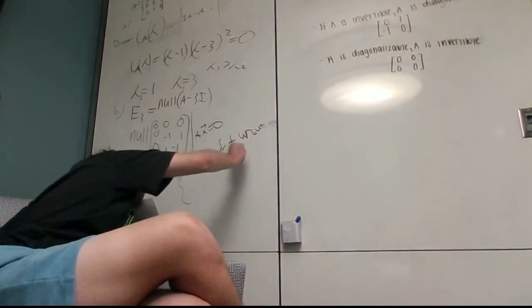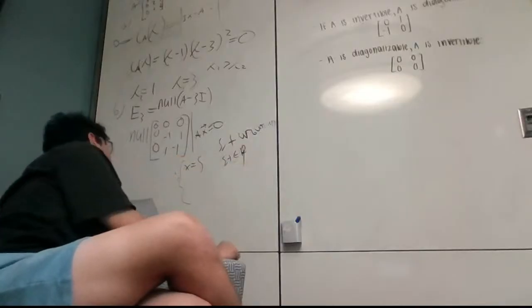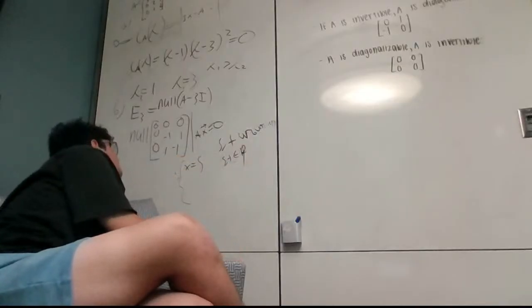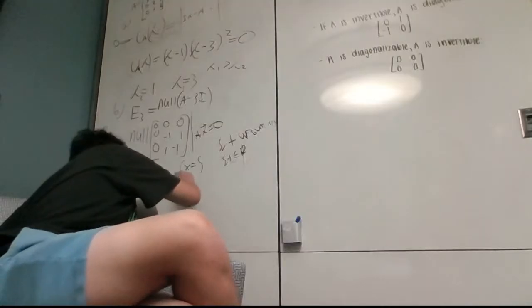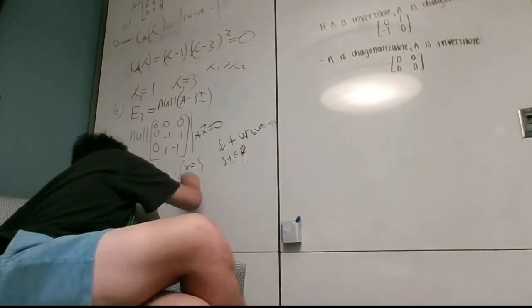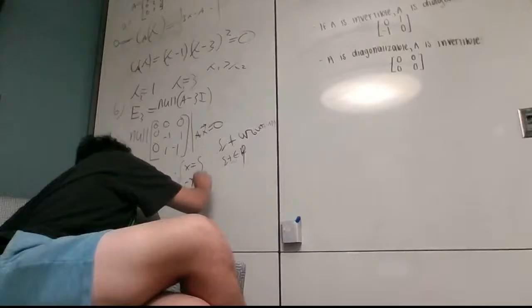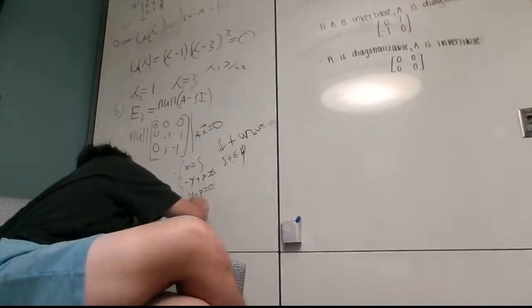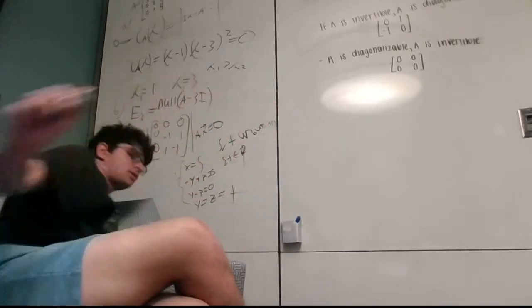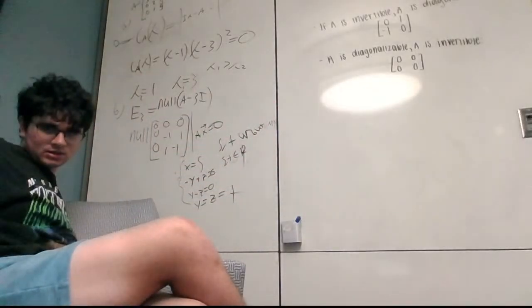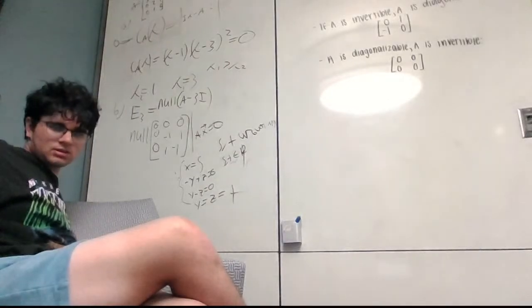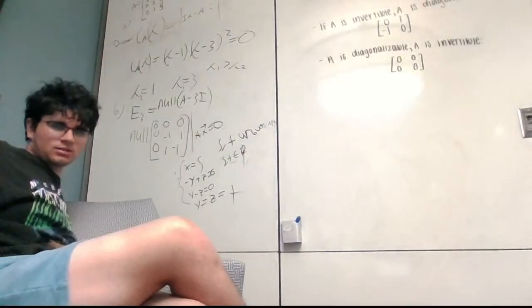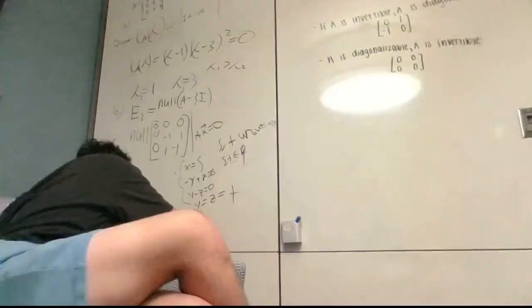And then there are also numbers. I would end myself if I had to work with anything else. And then negative y plus z equals 0. And then y minus z equals 0. So y equals z, which equals t. So that's our t. And then now we get our three eigenvectors as